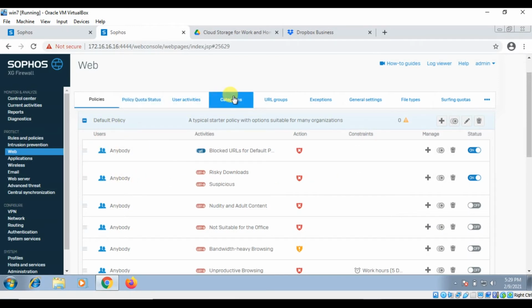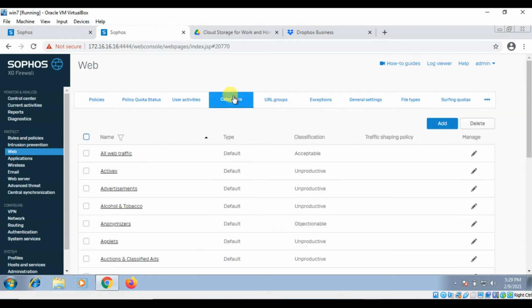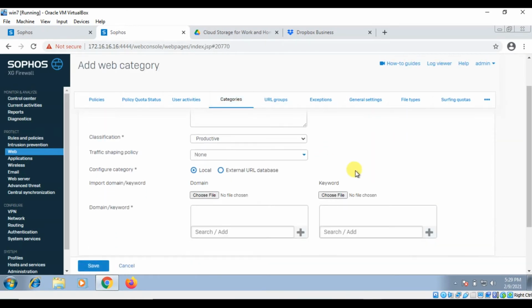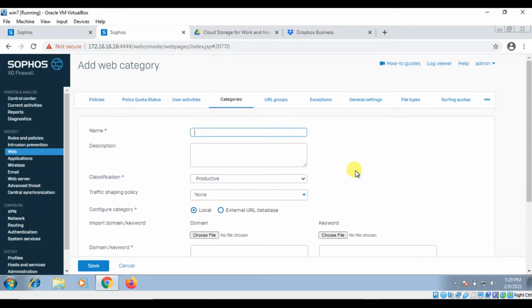First of all, click on category, click on add. You have to create a category of those websites on which you want to apply this capping. Just give a name. In classification, you can select productive.